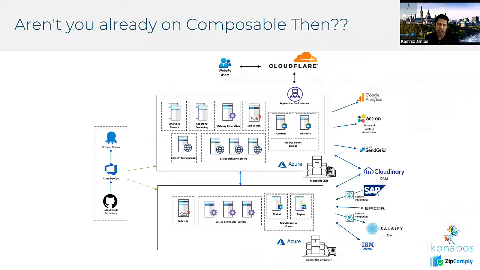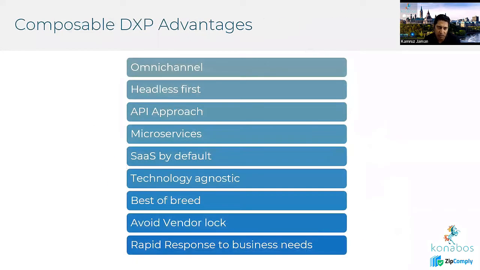Well, you kind of are, right? You're using a bunch of composable services and you get all the benefits of having those composables, but you built it on a monolith. So you're in this kind of hybrid world where you're still having to support the monolith, but you have some of the benefits. So if we take a look at composable DXP and some of the advantages,